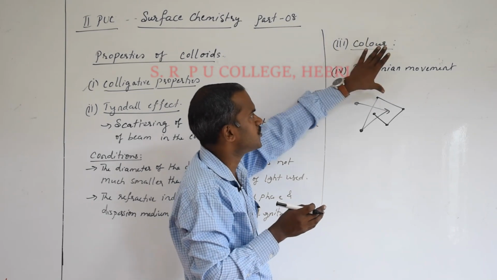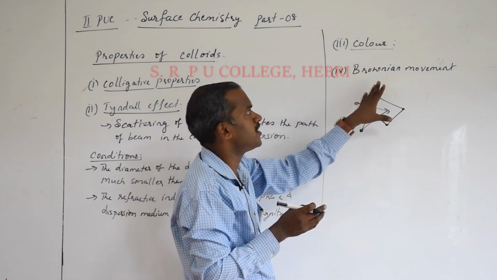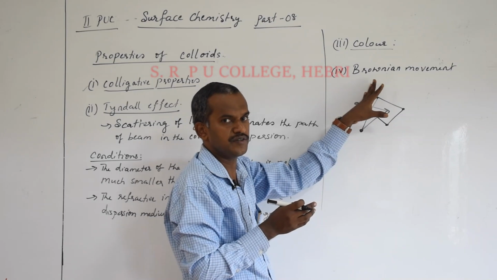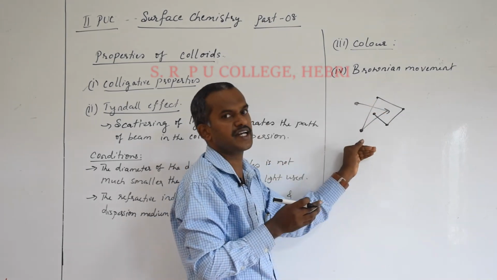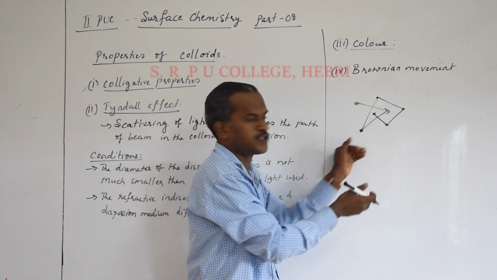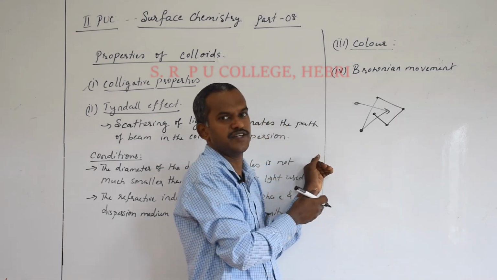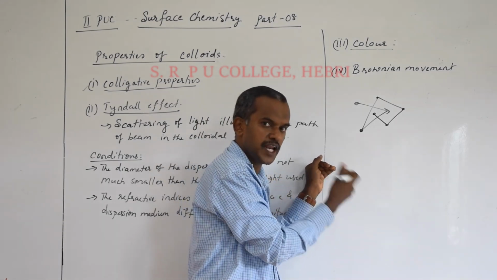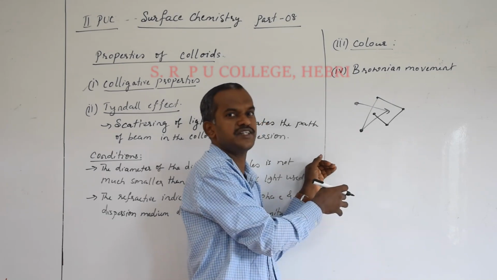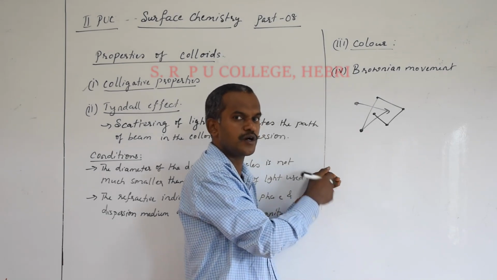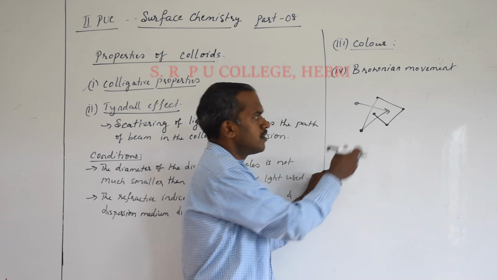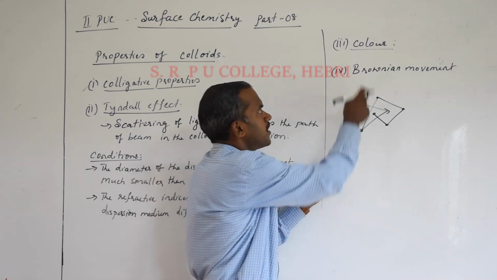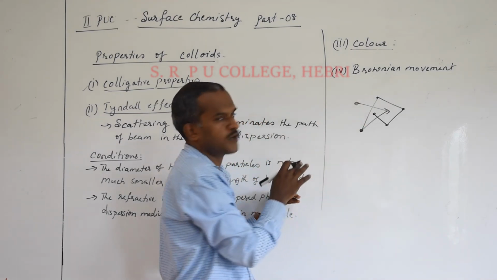So this is about some of the properties of the colloidal particles. In the next class we will continue with some more properties. As I told you, the charge on the colloidal particles we'll discuss. Based on the charge we'll discuss electrophoresis, and based on the charge we'll discuss even the phenomenon of precipitation. So those three properties you have to continue, but till here you have to understand the four properties that I told you today.